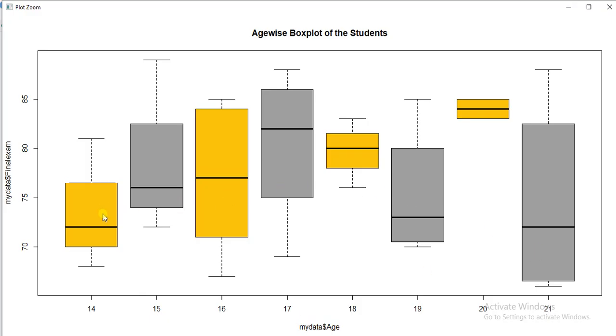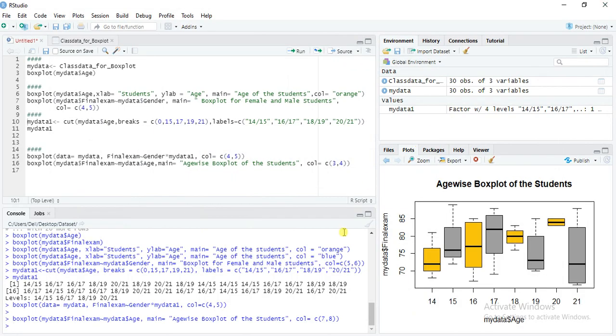So we can distribute our data in this particular range. For the age group of 14, the lower range is 68 and the upper range is about 80. So we can show our data this way also. This is all about how to make graphs with the box plot.